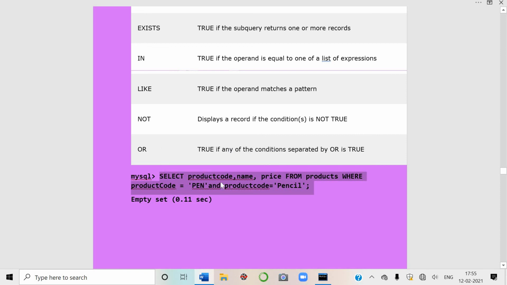See here, I have used the and. This is the logical operator. And in that you have to use the column name repeatedly. You can't write like product code is equal to pen and pencil. No, you have to write product code is equal to pen and product code is equal to pencil.